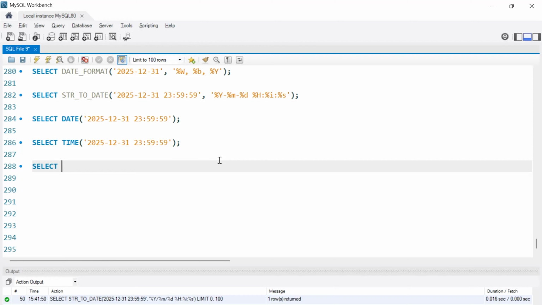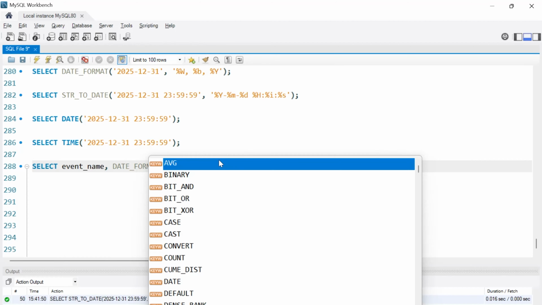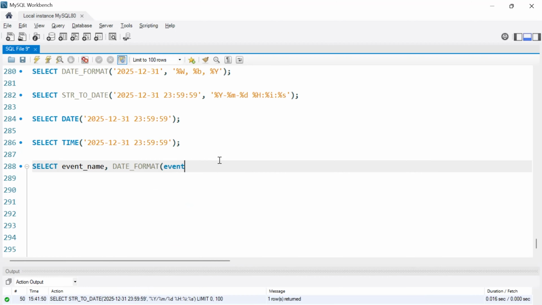Okay, so first I will get the event_name, then I will use the date_format function to format the date, then the event_date column, then I will format as per my needs,